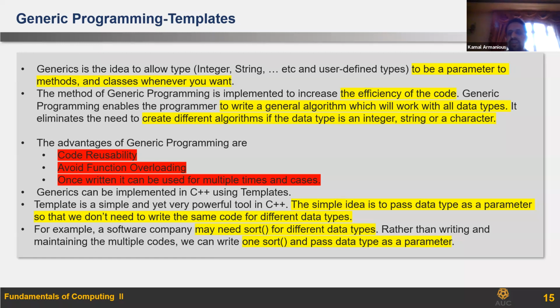So what's an example of this? If you want to sort integers, you have a class for sorting. Sorting means sorting some numbers, ascending, descending, etc. So with this sort, you can sort integers one time, and next time you sort float, and next time you sort double.